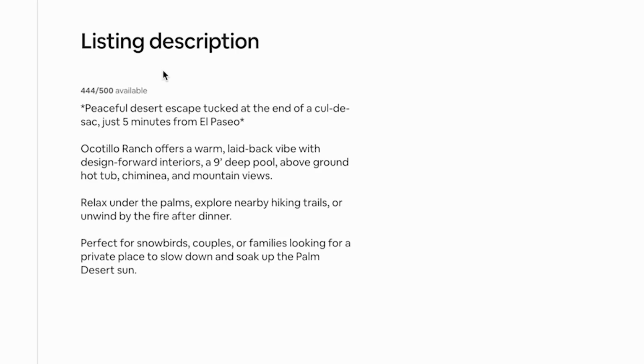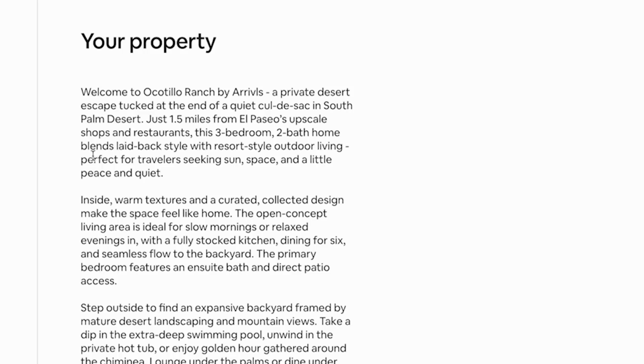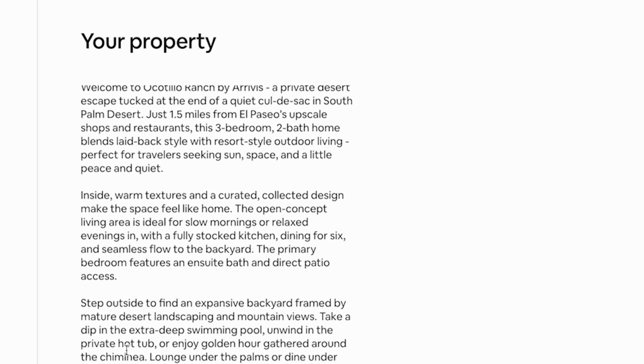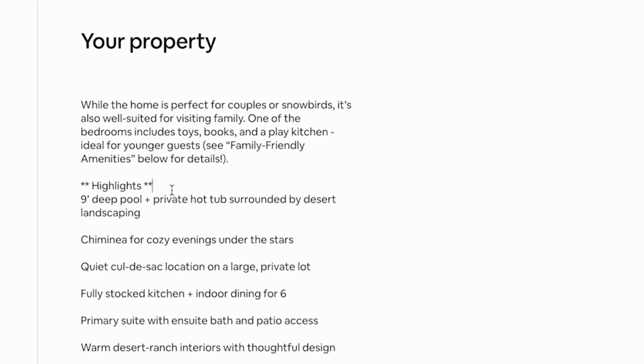Think of the listing description as the TLDR, or too long didn't read, part of your listing, where you give a quick overview of the house, and the Your Property section is the longer, more keyword-rich section where you can expand on all the details and the cool things your house has. For the Your Property section, we start with a longer descriptive section at the top, and then we break the rest into more categories. So we have a highlight section for things like the big deep pool, the kids' playground,